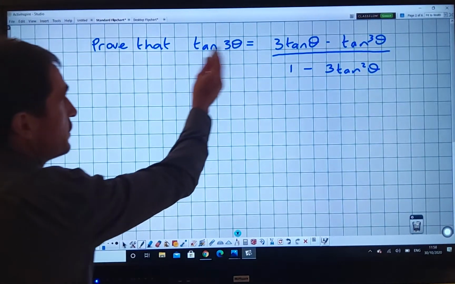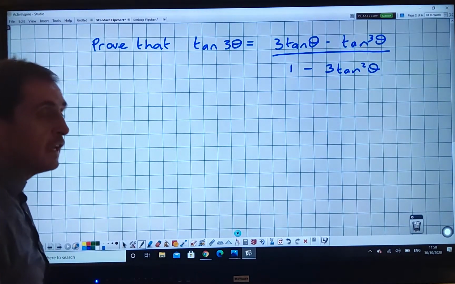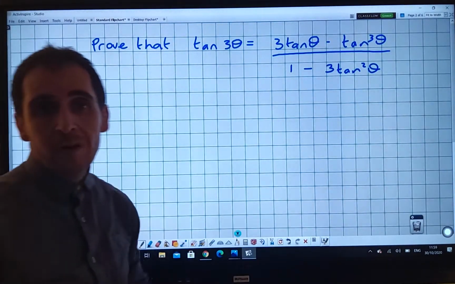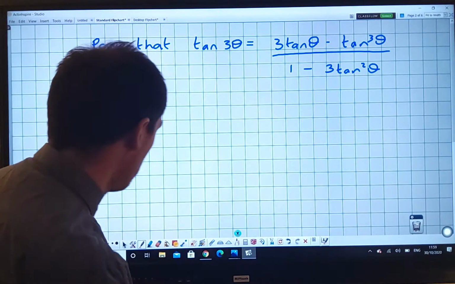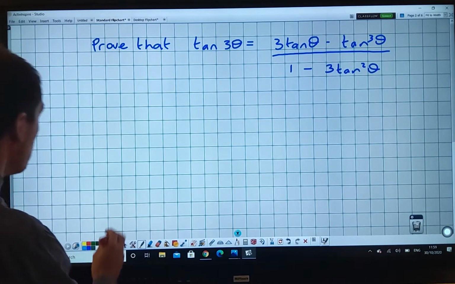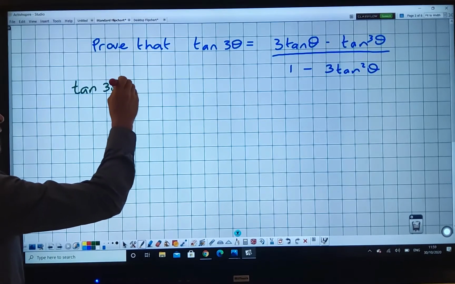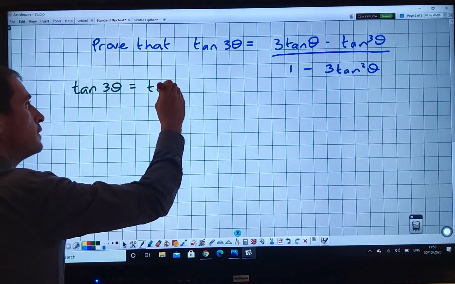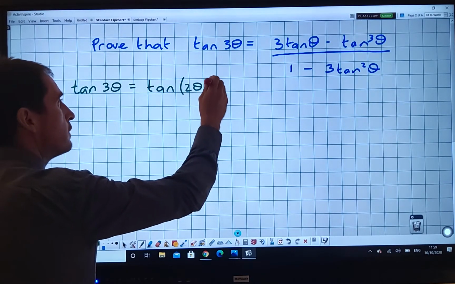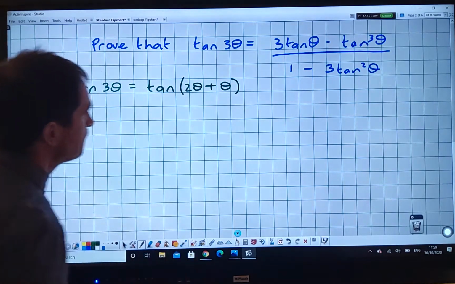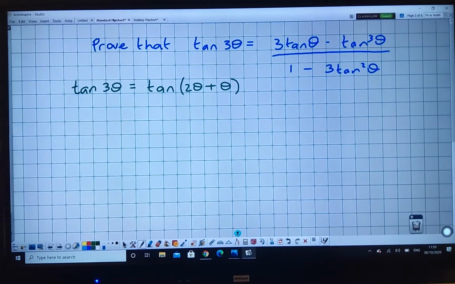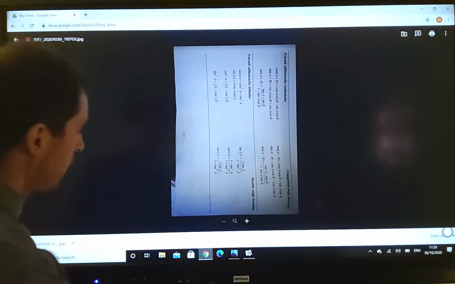So a question like this, you start off, you've got tan 3 theta. Now in this current guise or in this format it can't be solved, so you have to rewrite it. So you start off by rewriting it as follows. That tan 3 theta can be written as tan 2 theta plus theta. And the reason I wrote it like that is as follows, because if you look at the following